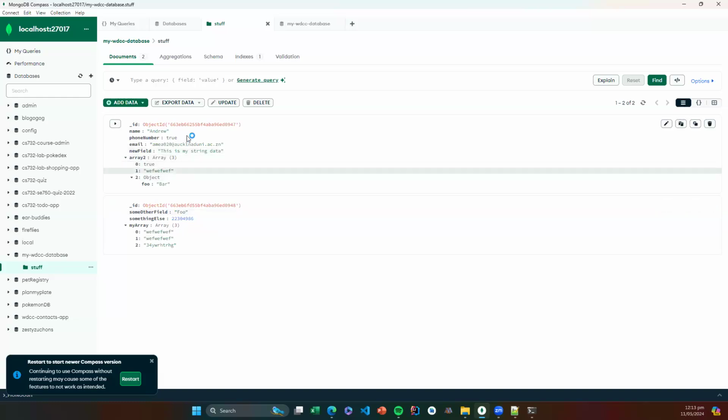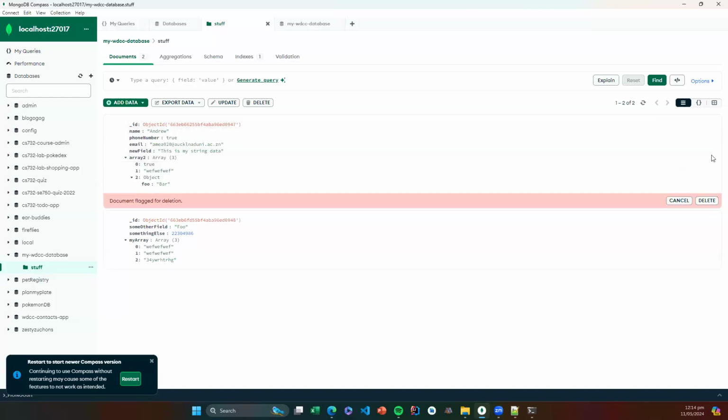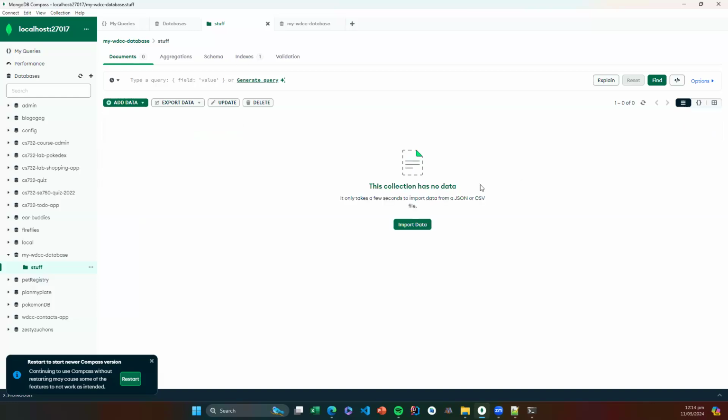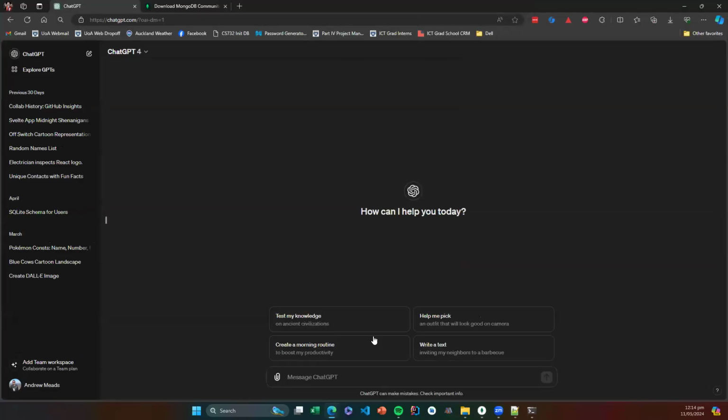Let me just create a bunch of JSON and add it to this collection real quick. So I'm just going to delete these random objects here. Delete. And I'm going to import a JSON file. I don't really have one on hand, so I'm just going to pop over to ChatGPT real quick to generate me some data. Generate JSON data